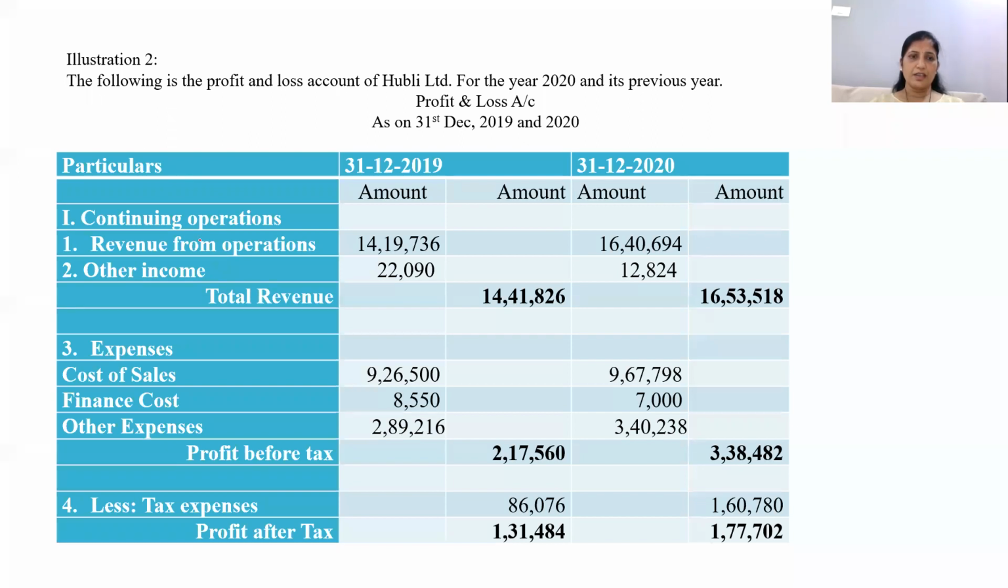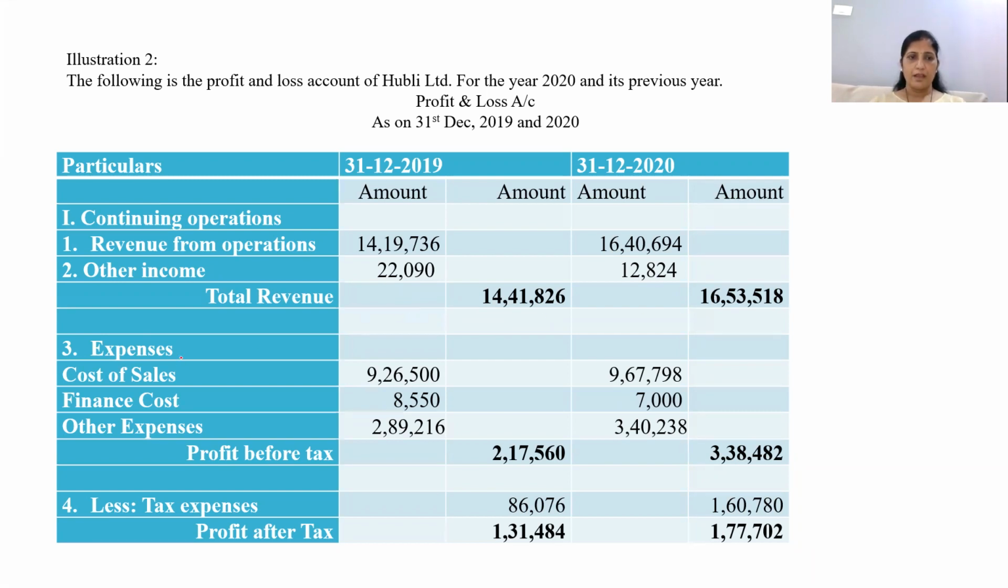Continuing operations, in that revenue from operations 14 lakhs 19,736, and for 2020 it is 16 lakhs 40,694. Other income 22,090, 12,824. So total revenue is 14 lakhs 41,826, and here it is 16 lakhs